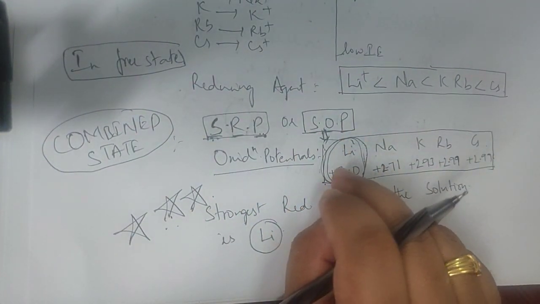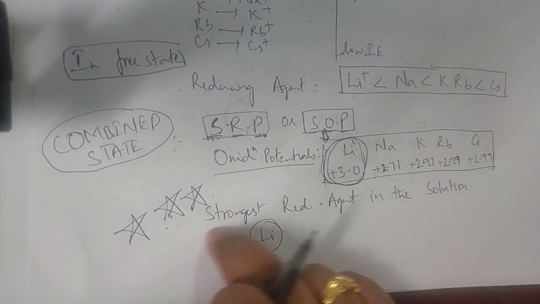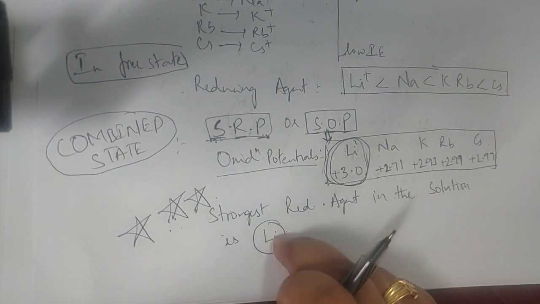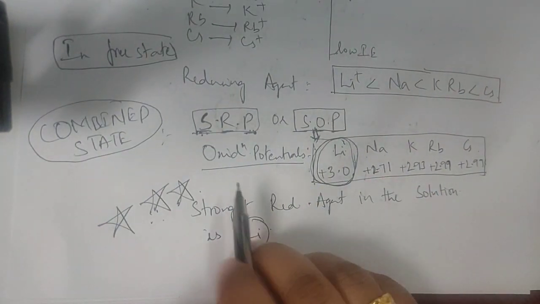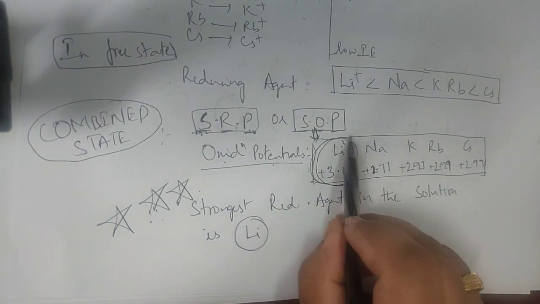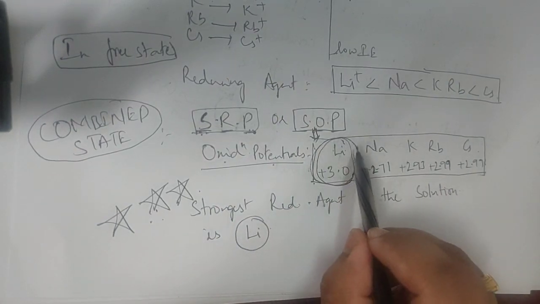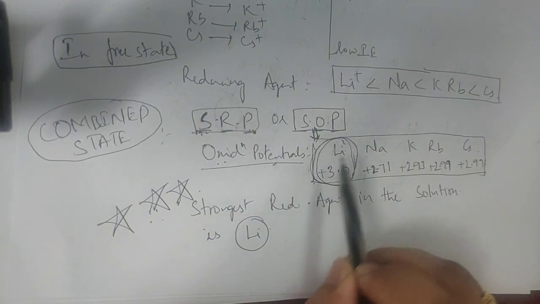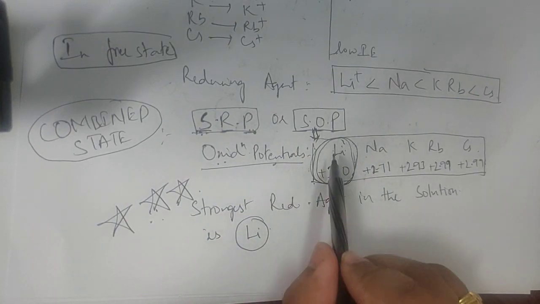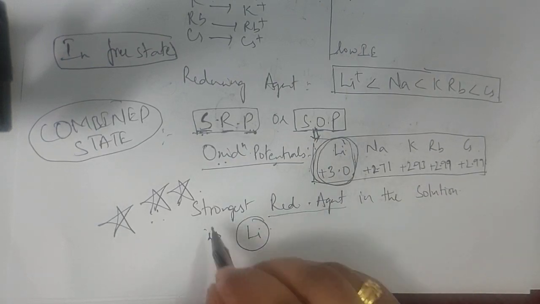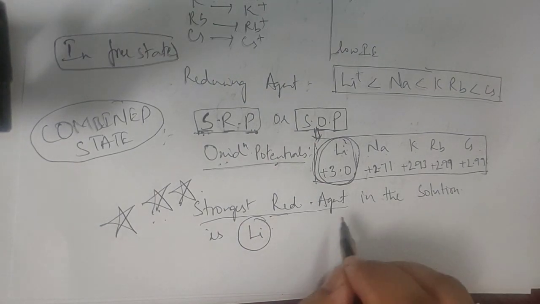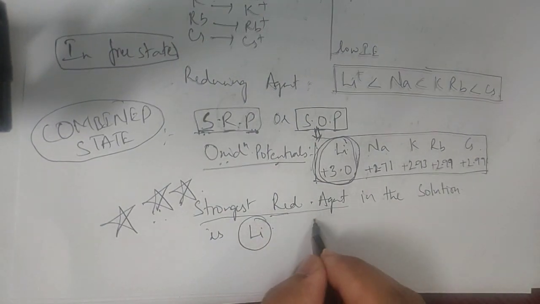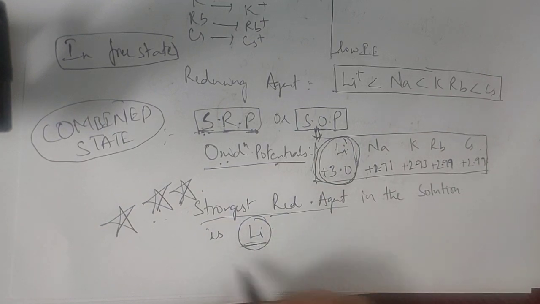Actually what you have to memorize is this point. Why is it like this? When you come to 12th standard, you will understand it clearly. For now I'm just introducing the information. So which has the highest value? Lithium. The oxidation potential of lithium is very high, and if an oxidation potential is very high, it is a strong reducing agent and a weak oxidizing agent. So remember this star-marked point: the strongest reducing agent in the solution is lithium. Among all the first group elements, lithium is the strongest reducing agent.